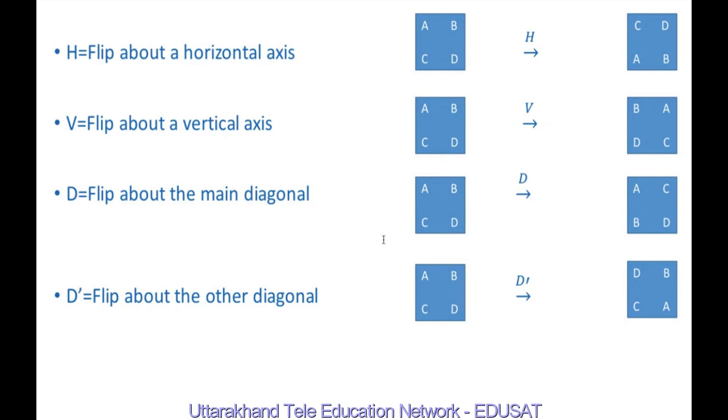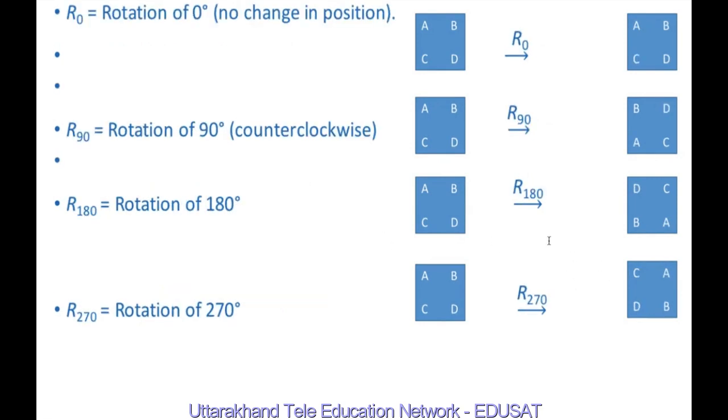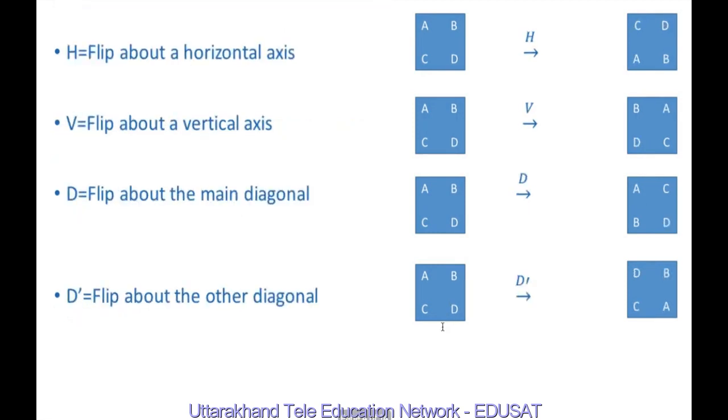Again, observe one thing. If we rotate it, we have rotated by 0 degrees, then 90, then 180, then 270. If we again rotate it by 90 degrees, which means a complete 360 degree turn, we get the same position. It means a rotation four times gives the initial position, which means the identity.